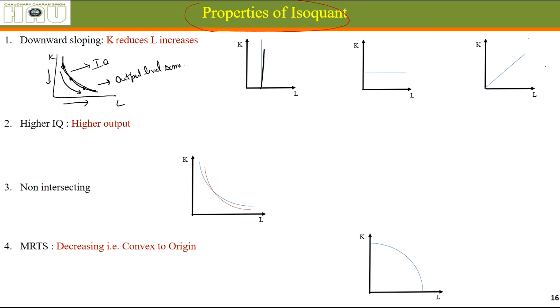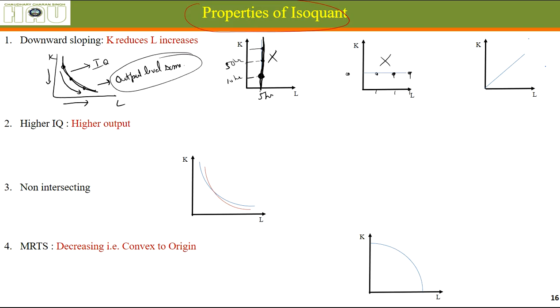But let's say the isoquant is of this shape, can it be of this shape? It cannot be, because labor quantity is fixed, let's say 5 hours, at this point 10 hours. If we move to this point with the same labor and more machine labor, we cannot end up with the same level of output. The output level is going to increase if we move further and further. So this cannot be the shape of isoquant. Similarly, same capital quantity, same hours of machines are fixed, but the labor quantity is increasing. So naturally output will increase. So this can also not be the shape of isoquant.